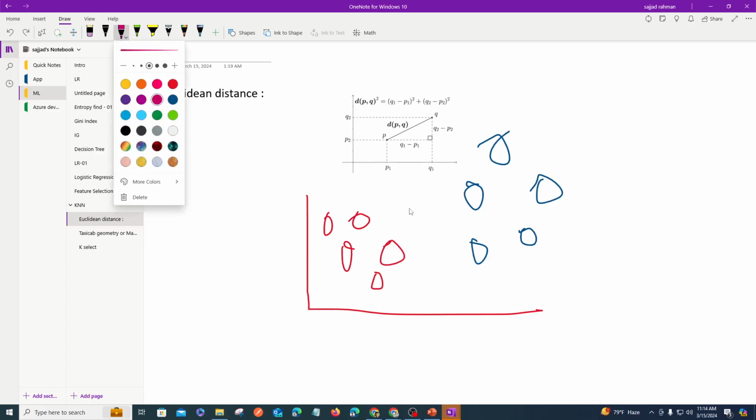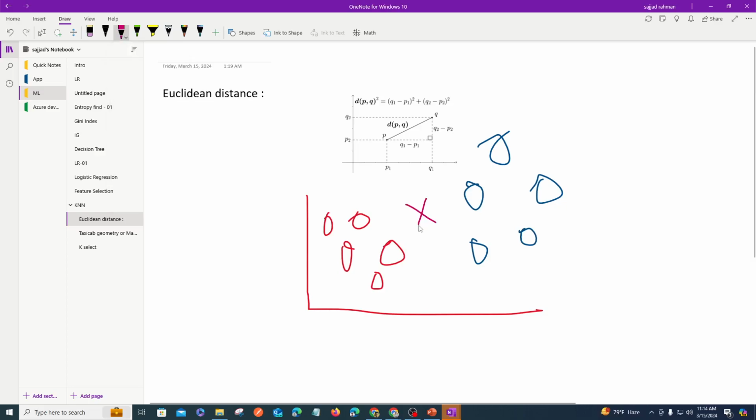Whenever a purple data point comes, what do we predict? Could we say it is included with the blue or red one? We cannot tell it just by looking, so according to KNN,